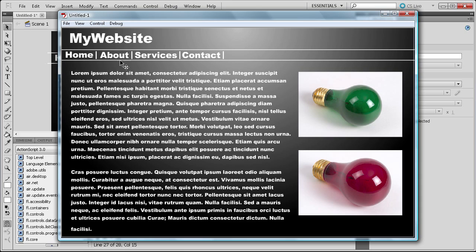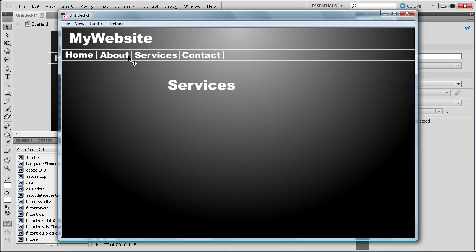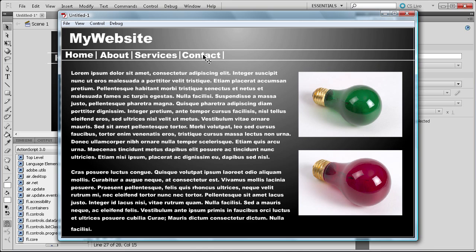So now we have our little simple website going on here. It's nothing super special, graphically at least, but it definitely works, and you guys can build off of that. One thing I wanted to point out is we have a little bit of an issue here. By making the text into a button rather than making a rectangle or something, when you make text into a button, it takes each letter and makes it part of the button,